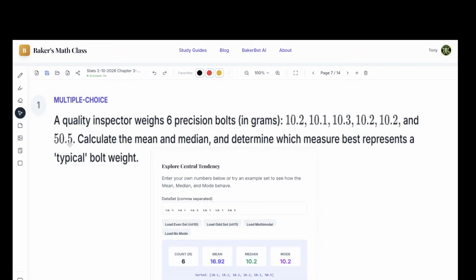Okay. This is why most times, if you're looking at home prices, salaries, or anything else like that, they always label the median value of those. They don't give you the average or the mean. They always say median because there's always those outliers that will pull it in one direction or the other. Okay. So in this case, that 50.5 is an outlier. It's pulling my data in one direction. So I would want to use median.